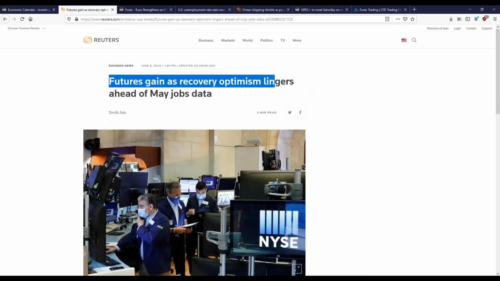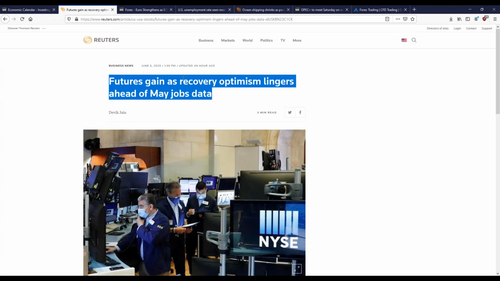The futures have been green pretty much all day with optimism on the jobs data. So you see it there in the headlines. There's optimism that the jobs numbers are going to look much improved compared to last month, and that's what we're seeing. The expectation from 20 million jobs lost to only 8 million jobs lost, and maybe it could be better than that. There's a lot of optimism on the markets today, and so understanding this fundamental news from earlier today, even this morning, that there was optimism about these numbers coming in. It doesn't mean they're right. Understand that. There's a difference between expectation and results sometimes.